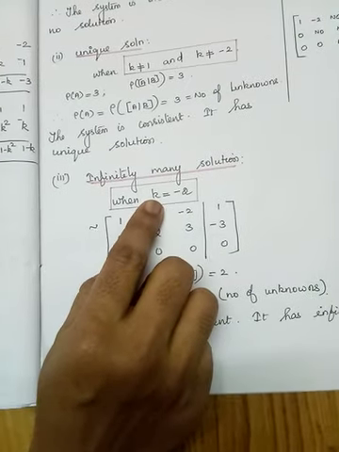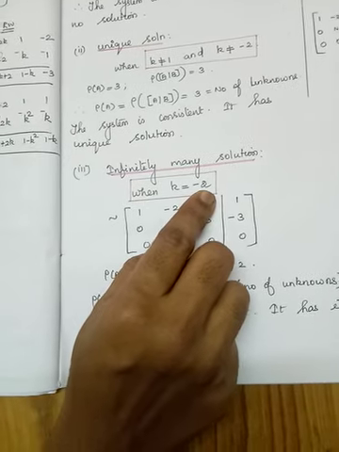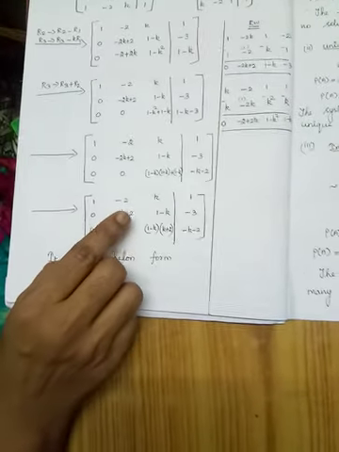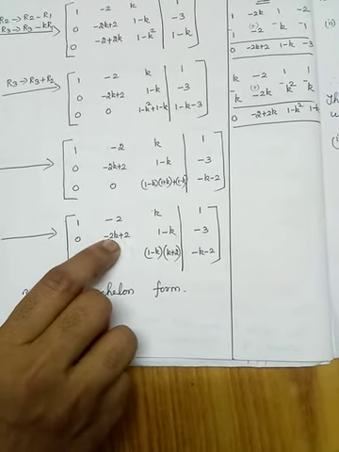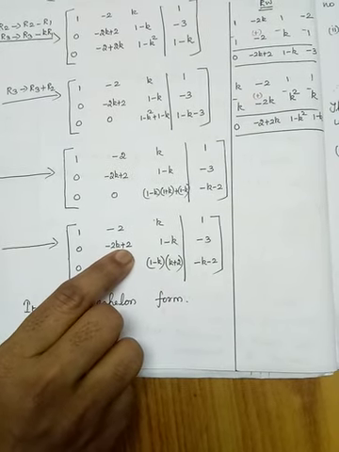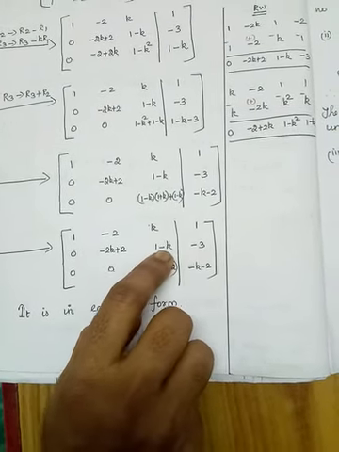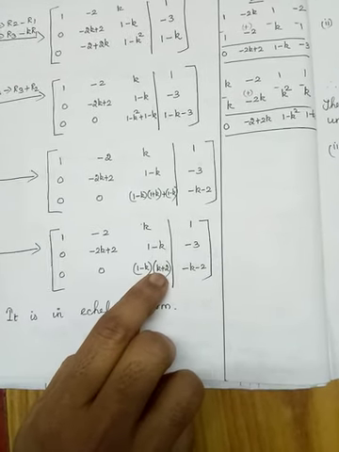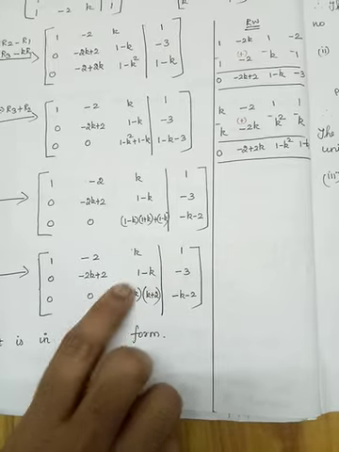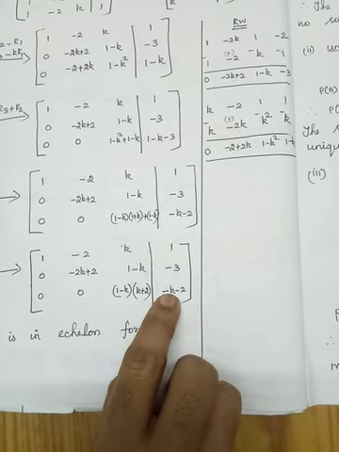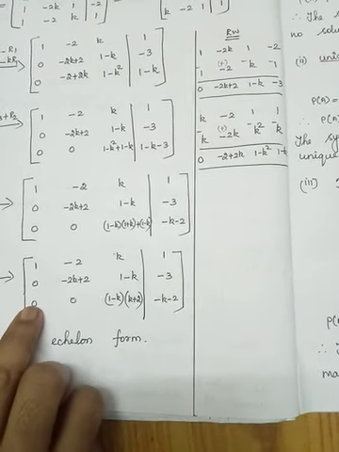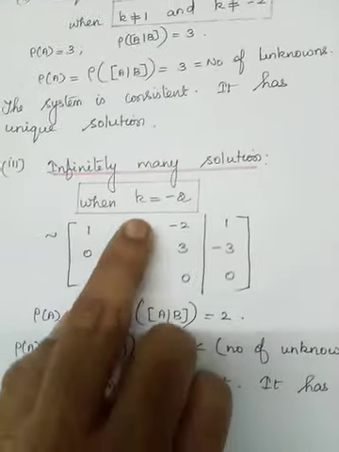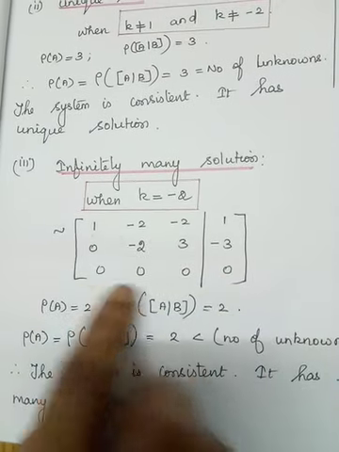Here I am going to substitute k is equal to minus 2. When k is equal to minus 2, you see that in this place you will have minus 2. Here minus 2 into minus 2 is minus 4. Minus 4 plus 2 is minus 2. Here when you substitute minus 2, this place will become 3. When you substitute minus 2 here, what will come? It will become 0. So the whole place will become 0. Here you will have minus of minus 2 plus 2, plus 2 minus 2 is 0. So look at this, here also 0, 0, 0, 0. You see that I have written here. When k is equal to minus 2, you will get this form.